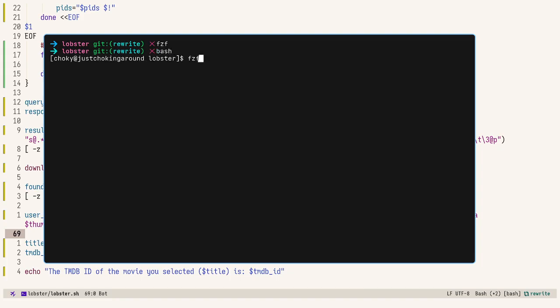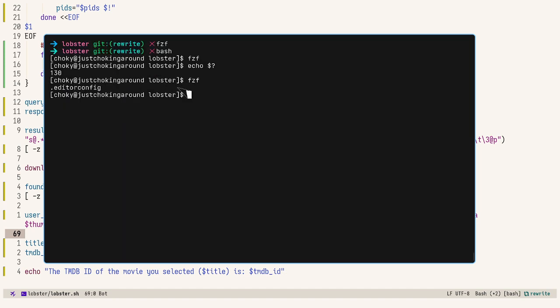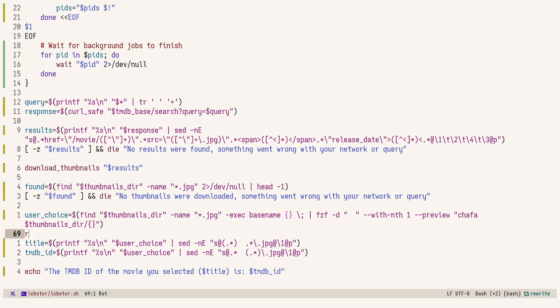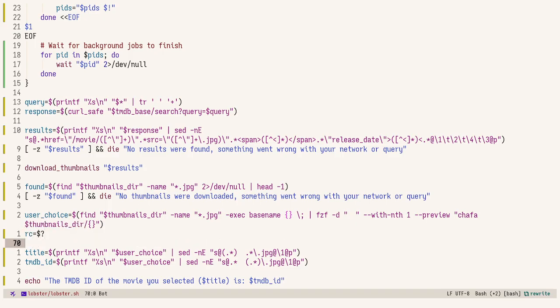Whoops, I need dash. So if I just quit with Control-C, I think, yeah, it's 130, okay. And if I select something, then it's 0, okay. So I can work with that. So I'll just do return code equals $?. And then if this return code, let me just quote it, is not equal to, yeah, so in shell you do -ne for not equal to 0,